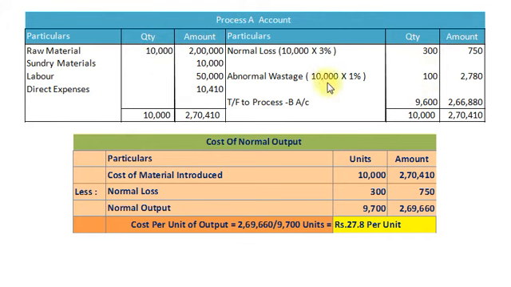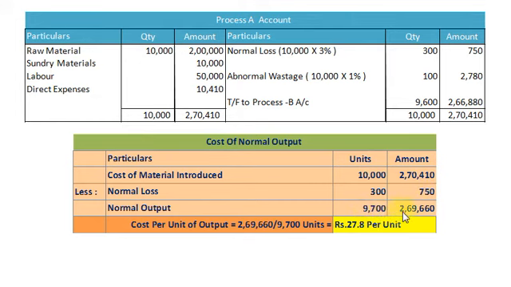Now we will decide the cost price for abnormal wastage 100 units and units transferred to process B 9,600 units. Here it is the working. Cost of material introduced 10,000 units including other cost elements, that is 2,70,410, minus normal loss 300 units and realized value 750. So our total normal output and its cost amount to